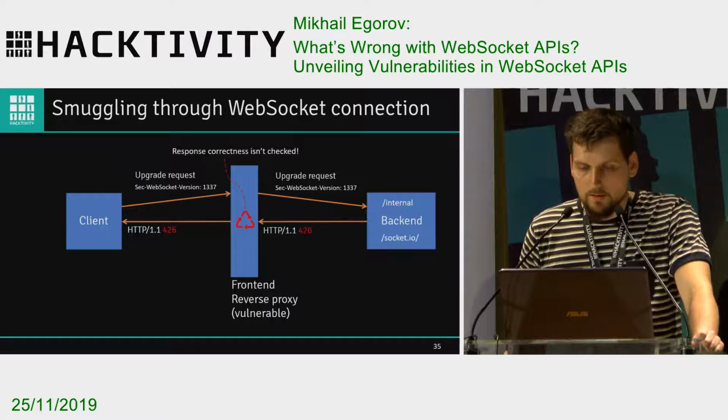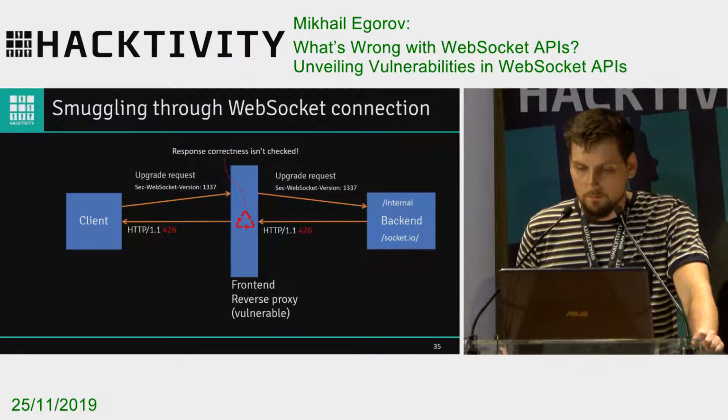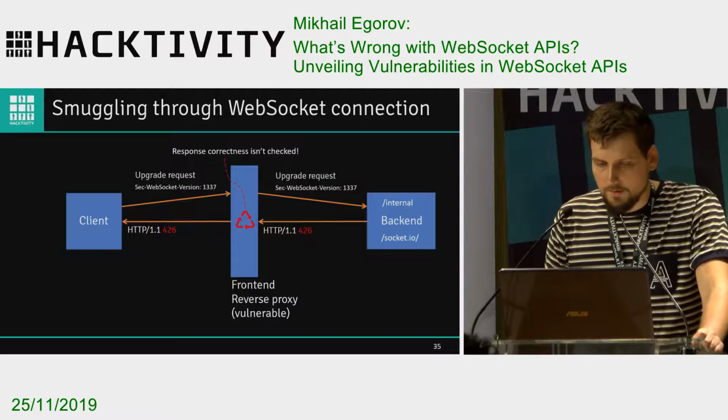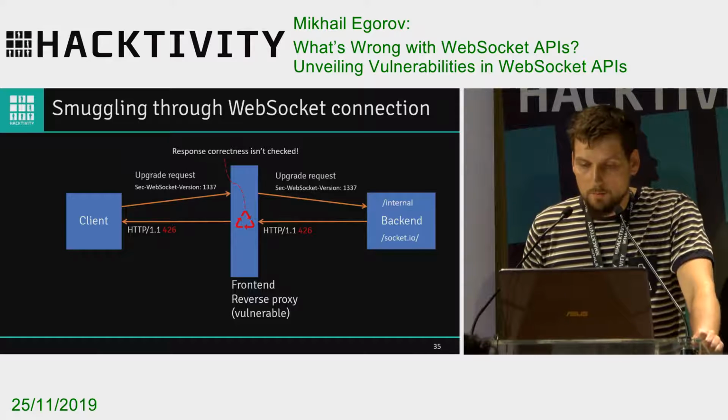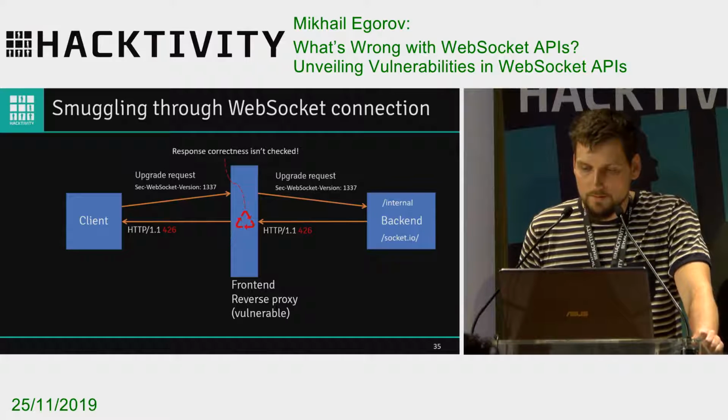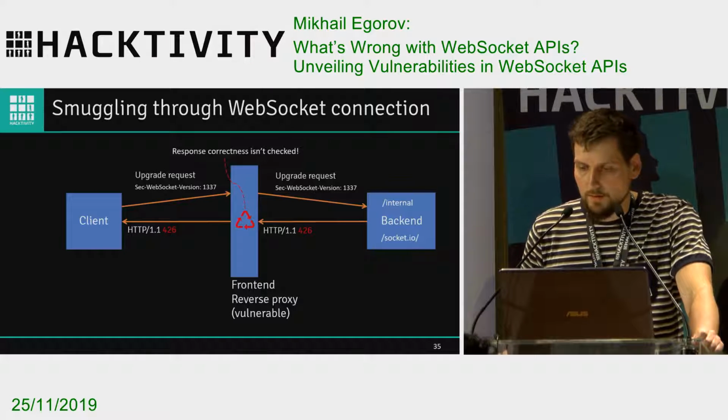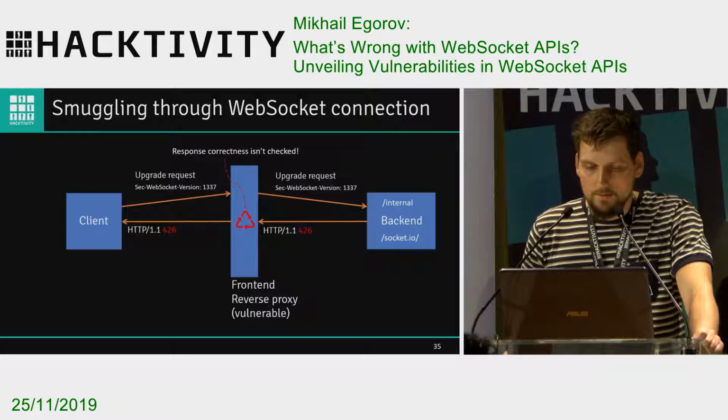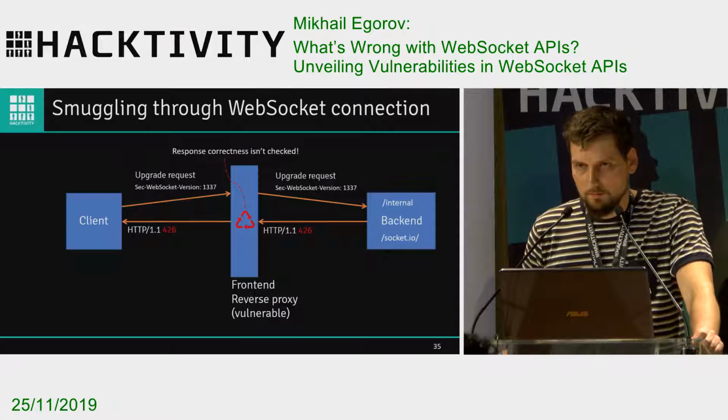But the backend declines the upgrade request because of the wrong protocol version and sends an HTTP response with status 426 back to the proxy. The proxy doesn't verify the status code and other HTTP headers in the response and thinks that the backend is ready for a WebSocket